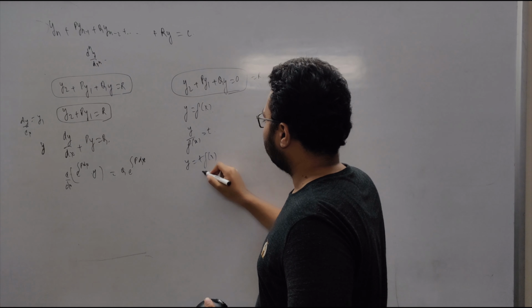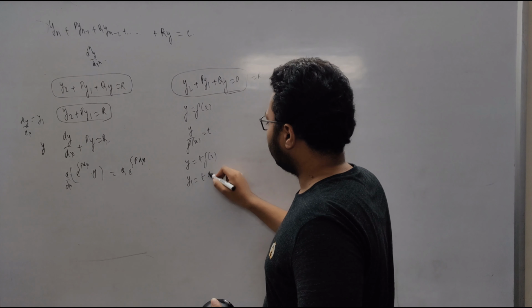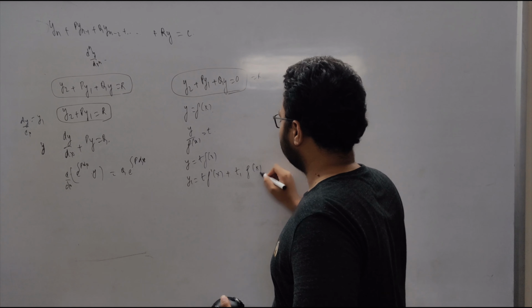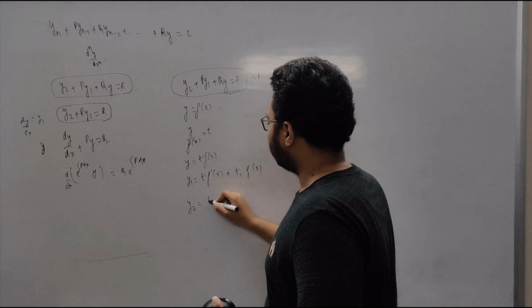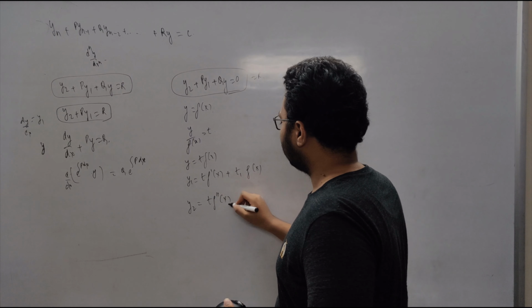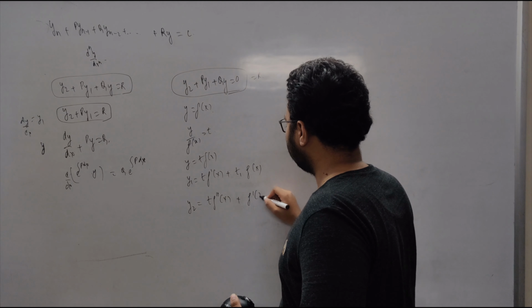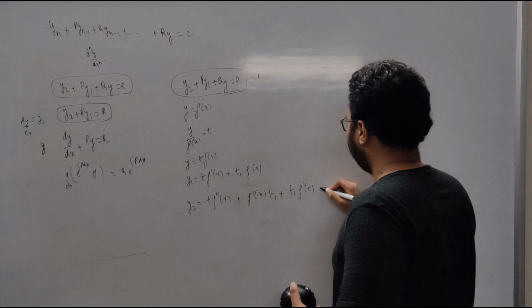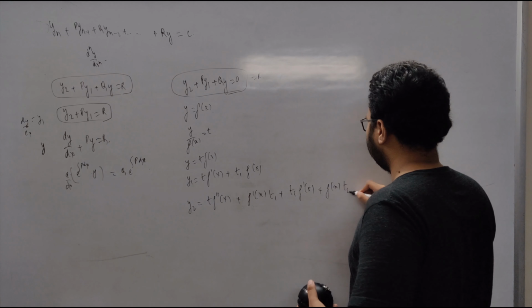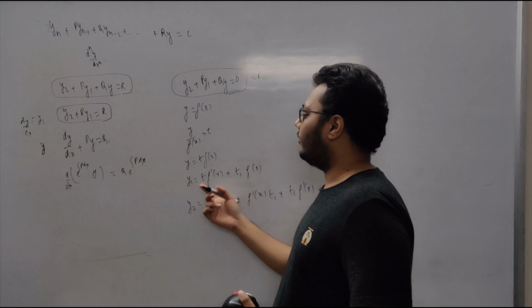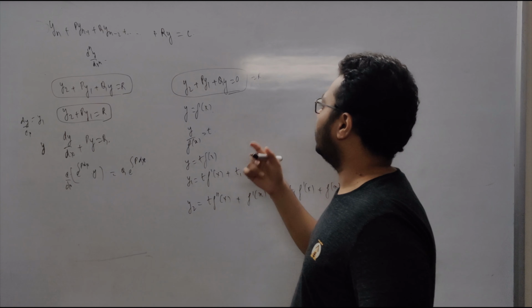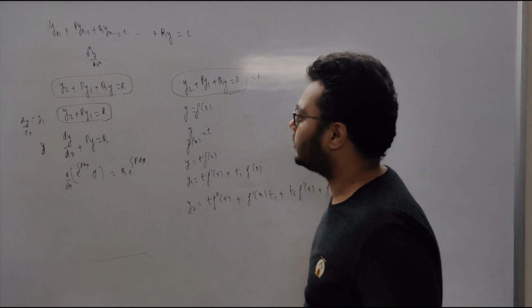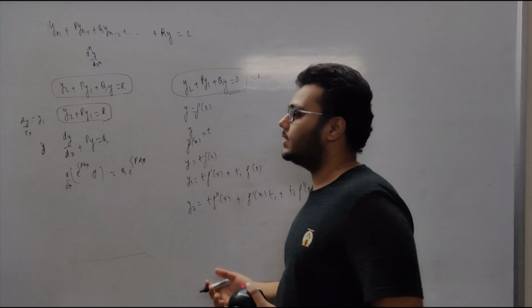That means y1 = t f'(x) + t1 f(x), and y2 = t f''(x) + f'(x) t1 + t1 f'(x) + f(x) t2. When we put y2, y1 and y in this expression, no, not in this expression, because we already know the root of this expression is f(x), and that y = f(x) is obtained by guessing.